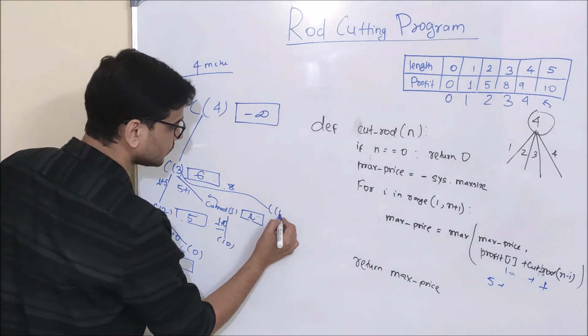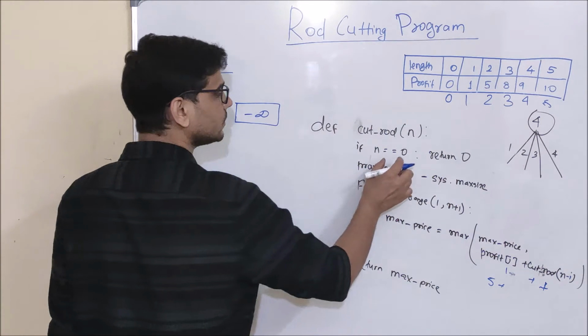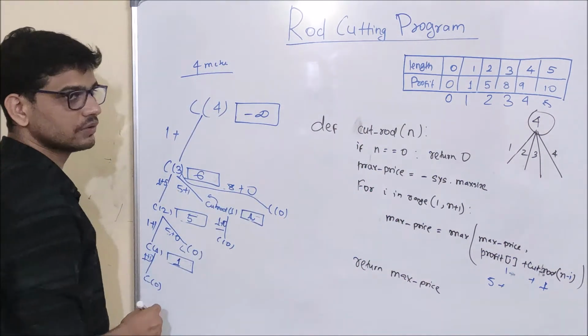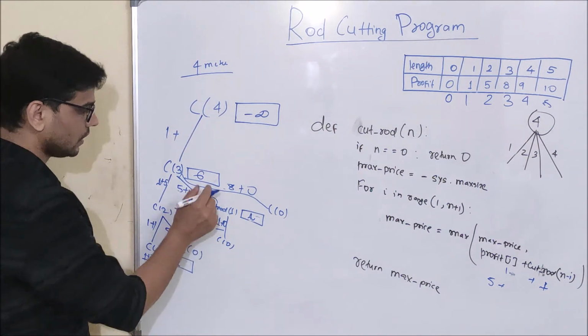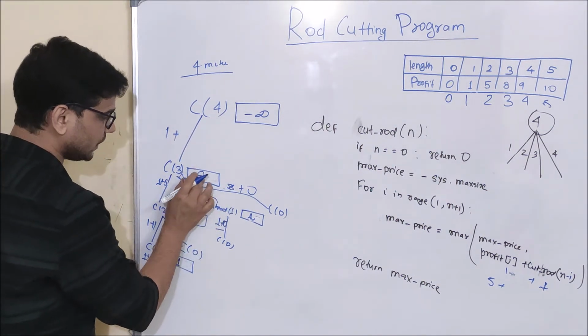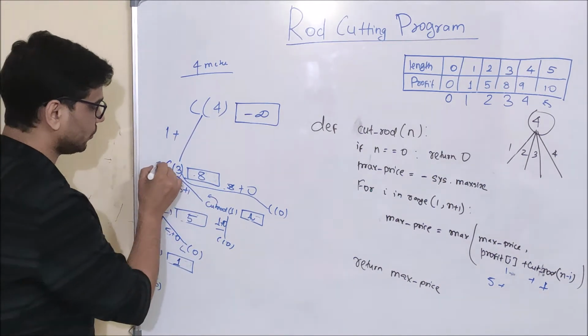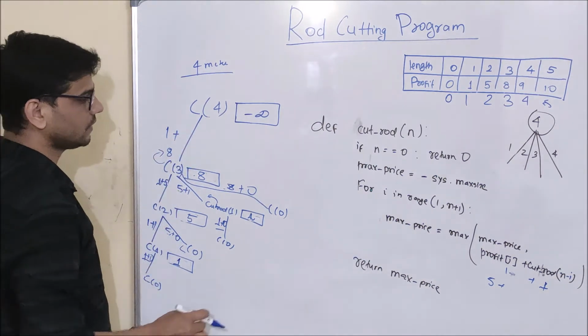So cut rod of 0 will be called, and when cut rod of 0 is called, n will be equal to 0 and 0 will be returned from here. So 8 plus 0, and in this max price variable, as this particular value is greater than this value, I will update 8. And what I am going to do? I will return 8 to